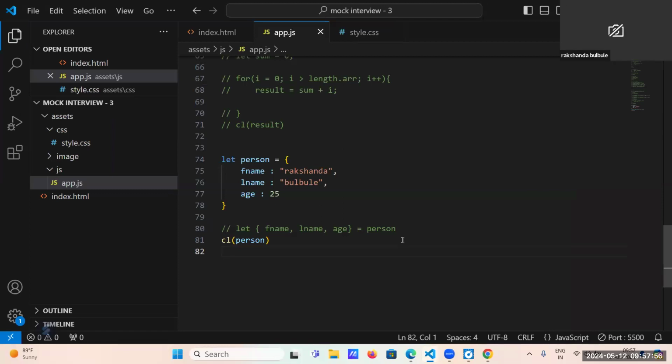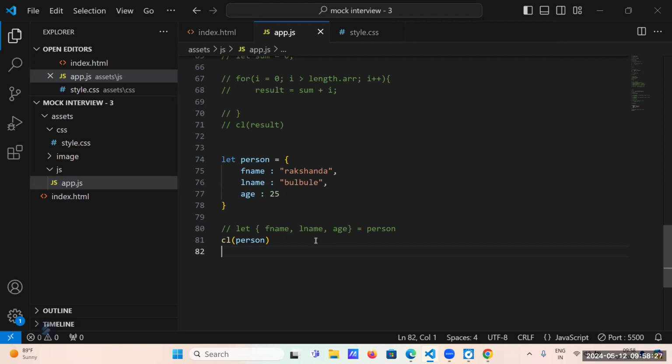Yes. Now, what is the use here if we are destructuring that?